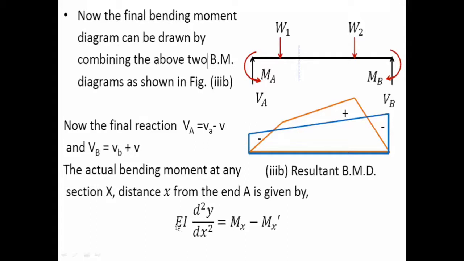So it is a mathematical equation of Macaulay's method, which is omitted from our syllabus, but for the time being you may understand that this is Macaulay's method, EI d2y by dx square, which is equated to the bending moment at the section.